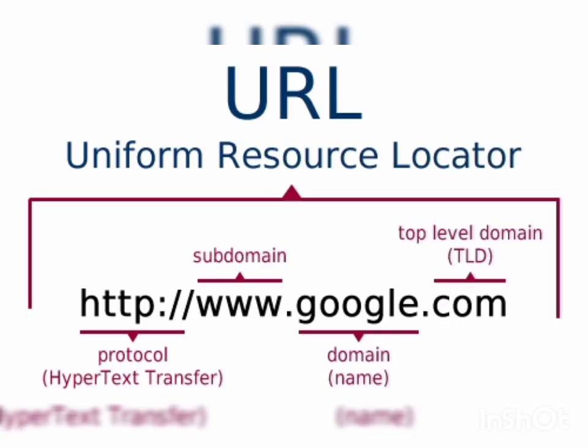Now, the URL or Uniform Resource Locator. It is the address of any web page. When we write any address of a web page in the address bar, this is known as Uniform Resource Locator or the URL. URL is the string containing file name and the search location.